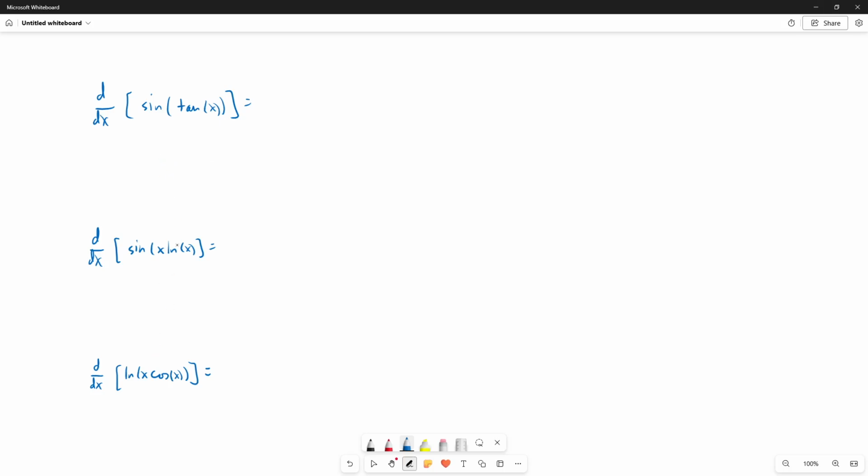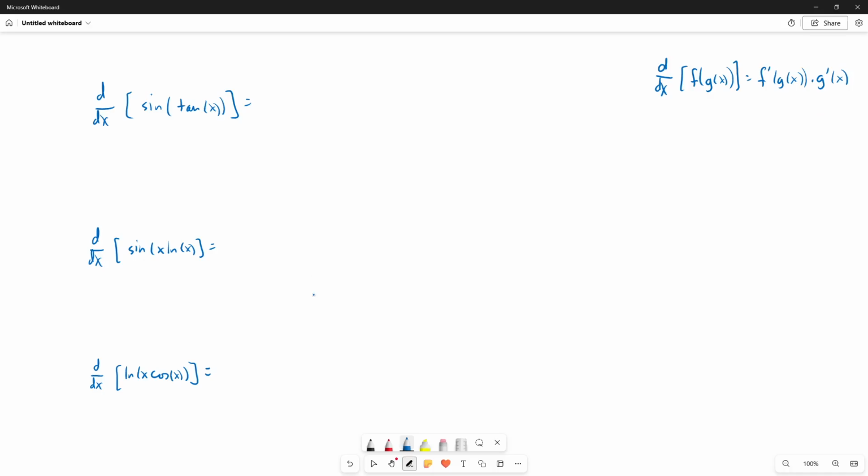All right, we're going to solve 3 derivative problems, and all 3 of them require the chain rule, so let's write that over here. I'll write it in the form the derivative of f of g of x equals f prime of g of x times g prime of x. The derivative of a composition is the derivative of the outer function evaluated at the inner function times the derivative